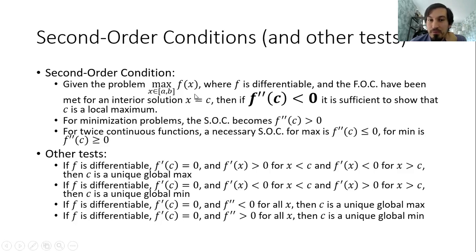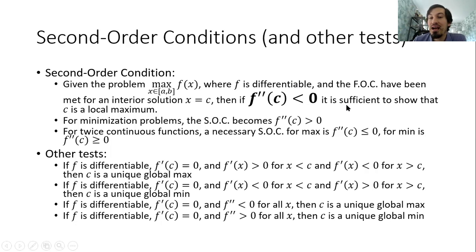If I have a problem, remember it looks like this. You can read it right here. Objective function is here, choice variables here, choice set is here. F is differentiable and the FOC have been met. Remember, that's what it means to be first order. The first order condition, let's say they've been met for something called x equals c. Once we've got the first order condition, then you look at the second order condition, and that is to take the second derivative, f double prime of c. And if it's negative,